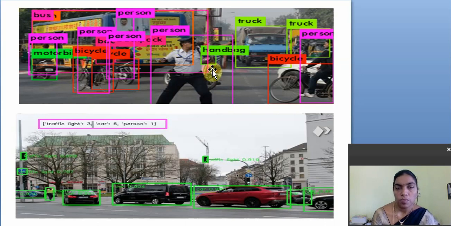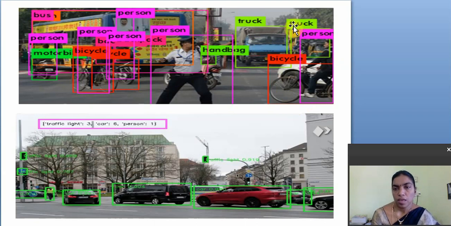See this here. This is the image. By using an image processing algorithm, the particular object names are displayed here and the objects are also detected.